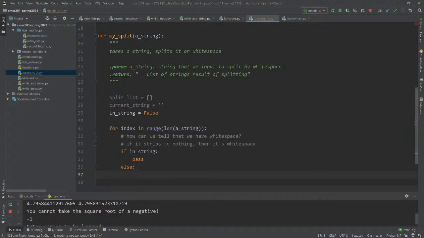So now we're not in a string. So if the current character, so a string at index dot strip is false, right? So that means if not that.